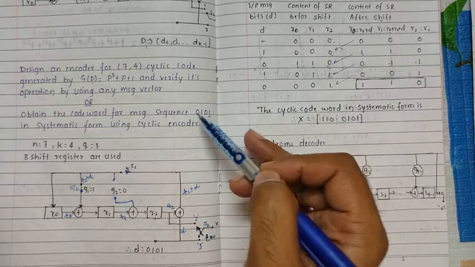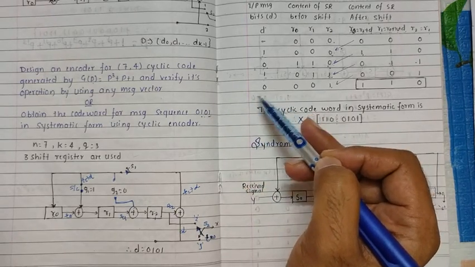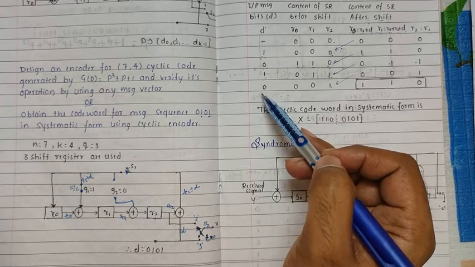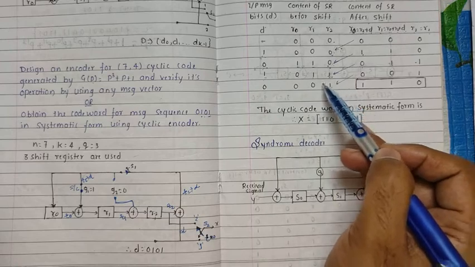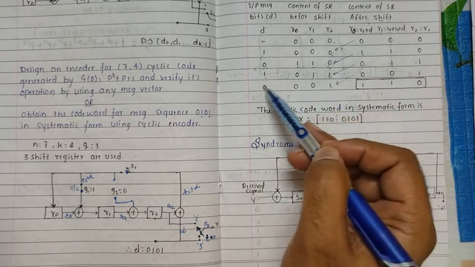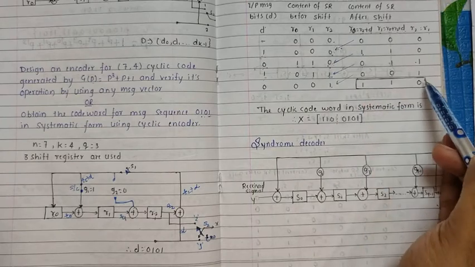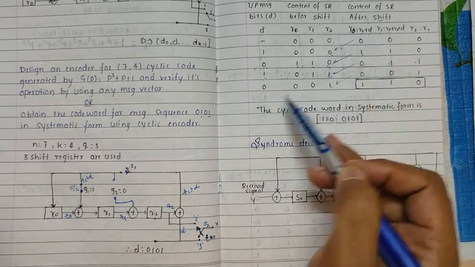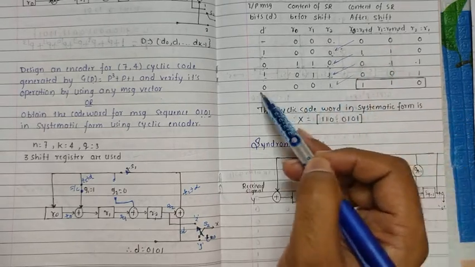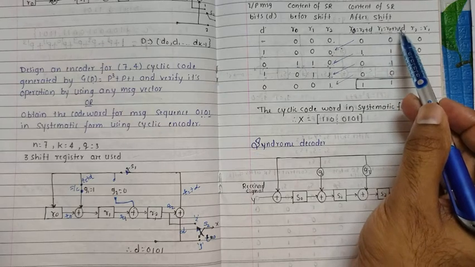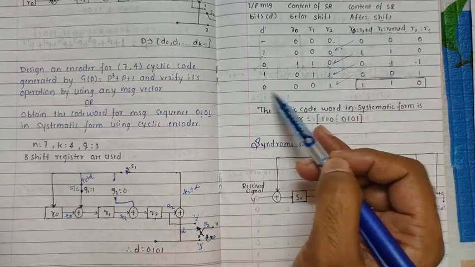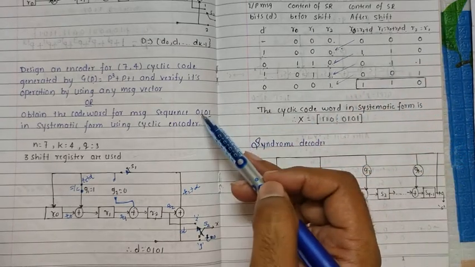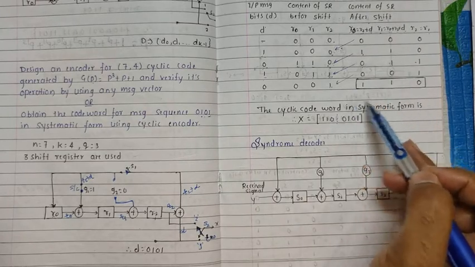And the last bit which will be coming here, which will be routed through this design, is the first bit of input which will be going at the last. And for this bit, what are the contents available in the shift register? 0, 0, 1. So with the help of this bit, now we are getting some new contents in the shift register. What are they? Let's see. R0 is equal to R2 plus D. So R2 is 1 and D is 0. So 1 plus 0 is 1. Now R1 is R0 plus R2 plus D. So 0 plus 1 plus 0. So it is 1. And R2 is R1. So R1 is actually 0. So 0.